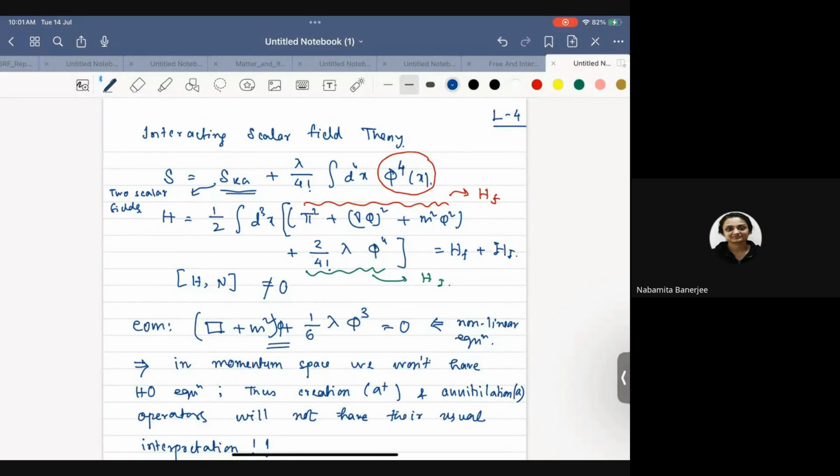Okay, I have started interacting theory. We can talk about it later, or we can discuss this in the tutorial. Since I have already started interacting theory, let me go ahead with it. Okay, so